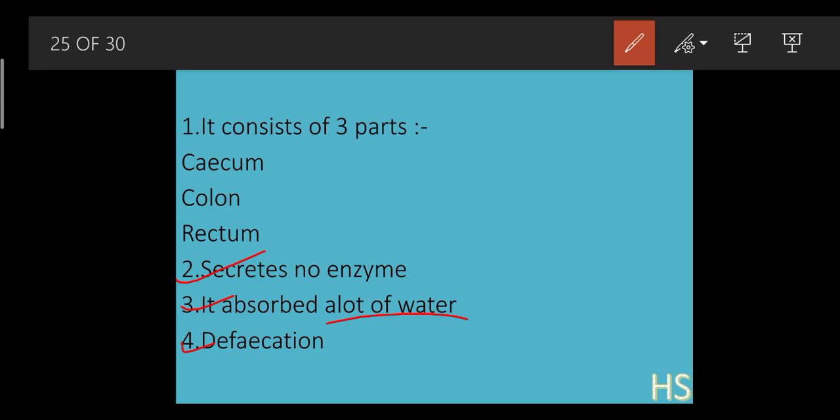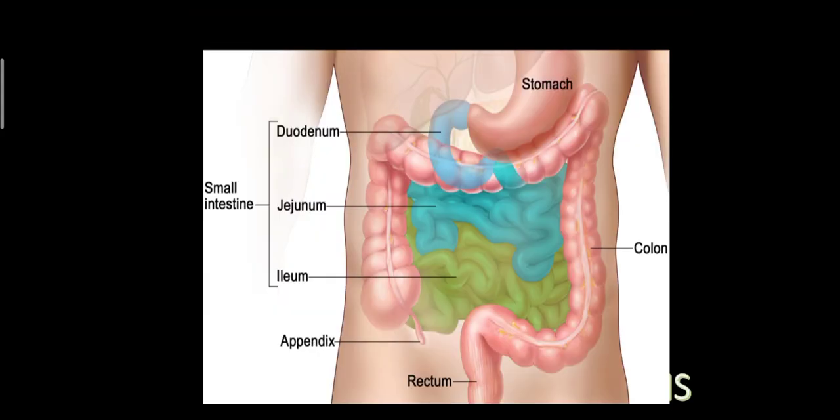It also helps in the function of defecation. What do you mean by defecation? See, whenever the food which remains in the body, which is undigestible, gets out through the anus. So defecation means what? Removal of the feces. What do you mean by the word feces? The undigested food. See, how does this look like?